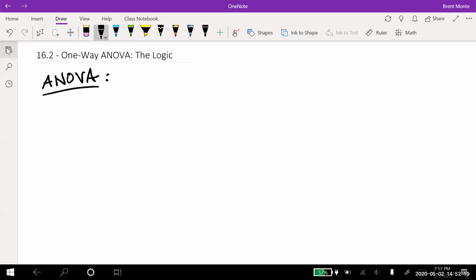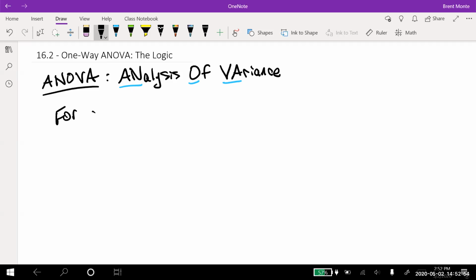Well, ANOVA is an acronym. What it stands for, and I'll capitalize the ANOVA part of it, it's analysis of variance. And so we see from there it's ANOVA. That's where the ANOVA comes from. All right, so it stands for analysis of variance. We'll talk a little bit about where that comes from and what that means, but let's talk about this one-way also. For one-way ANOVA,